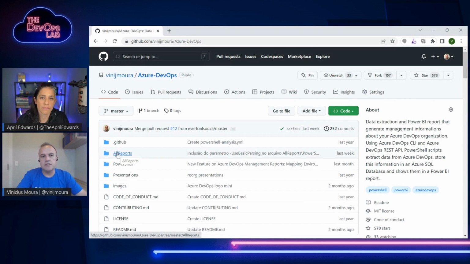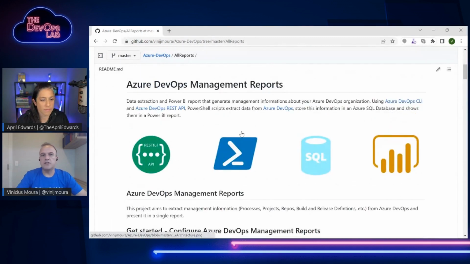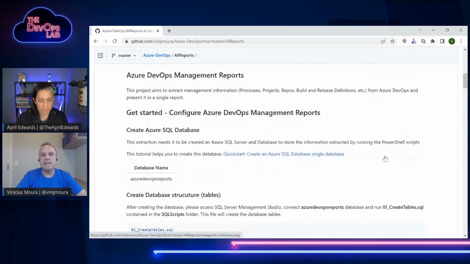This explanation is contained in our reports folder. And here I show my complete solution. Connect REST API, process data in my PowerShell, store my data on SQL Azure, and show my data on Power BI. And here I have how you can implement this solution step by step.